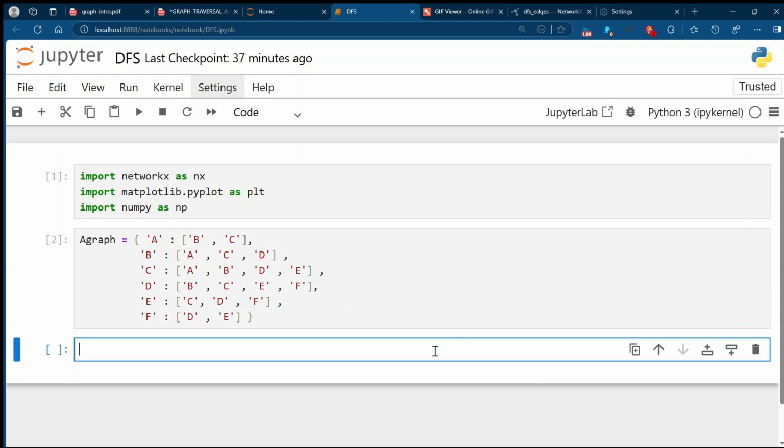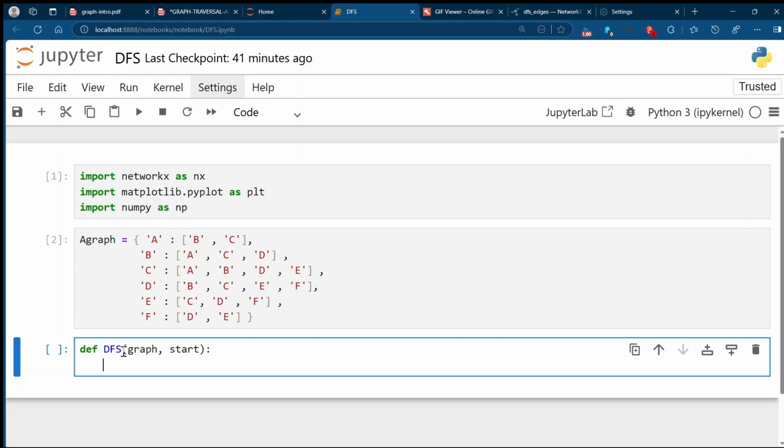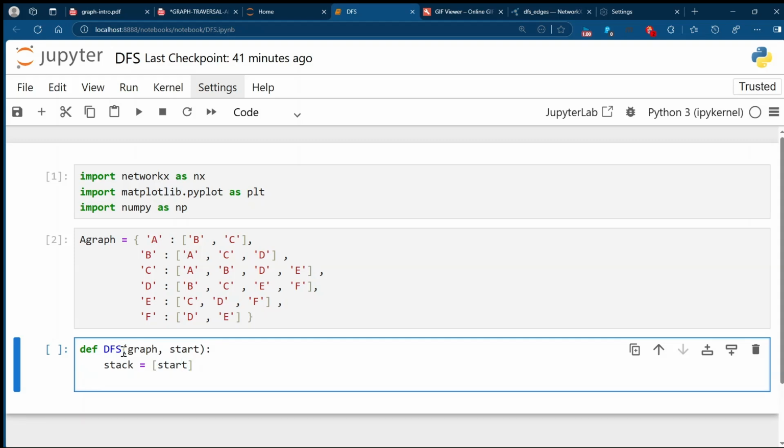So let's do our DFS function. So let's just define a function called DFS, with two parameters, our graph and a starting point. So like I said, to implement DFS we need a stack. So let's just define a stack, and that will be just a list that we can use as a stack. So, and our starting point, then we're gonna have a list that will show us our traversal, our path,